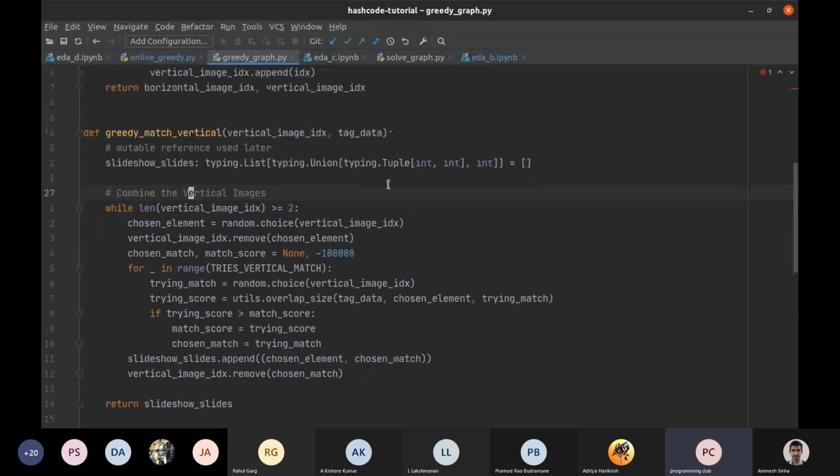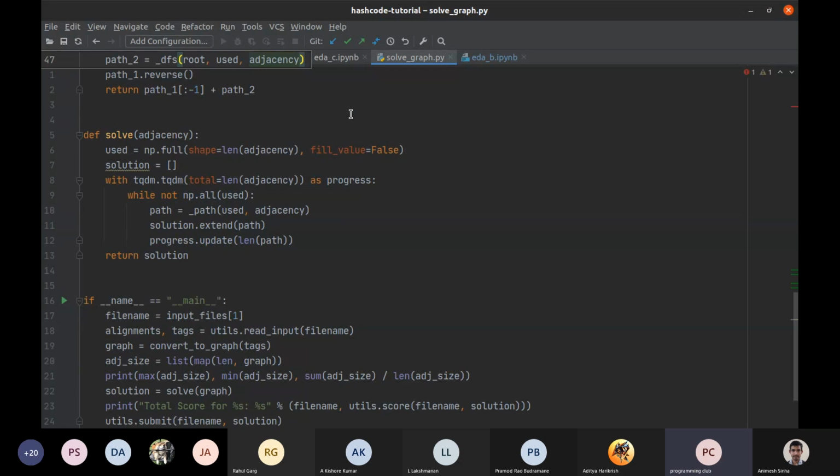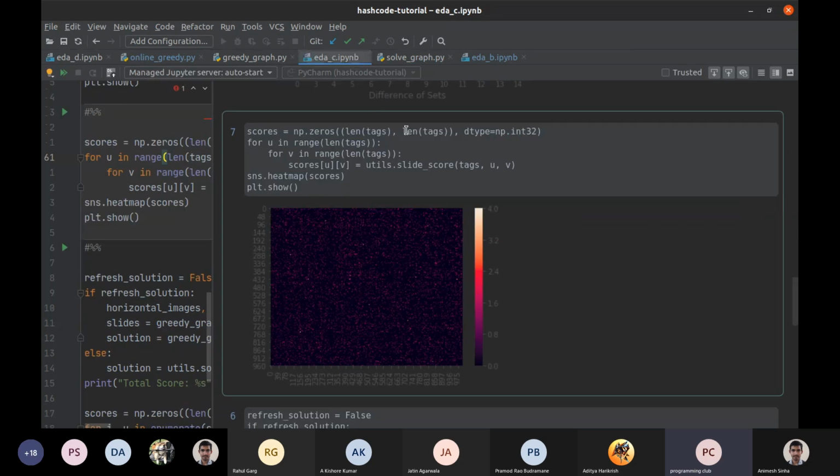Again, another thing is that it's very hard to predict what will work. So Shashwat is correct in saying that we know that these approaches will work, so that's why we are only showing these approaches. But in a contest, you'll be trying a lot of approaches that just won't work. That is something you will have to accept: this is going to happen. You're going to code up something for half an hour and run it and it's not going to work. But that is going to happen, so we can't help it. We can't show you the approaches that don't work on stream. That would be a slight waste of time unless there is some heavy instructional value in there. But that does happen, so keep it in mind.